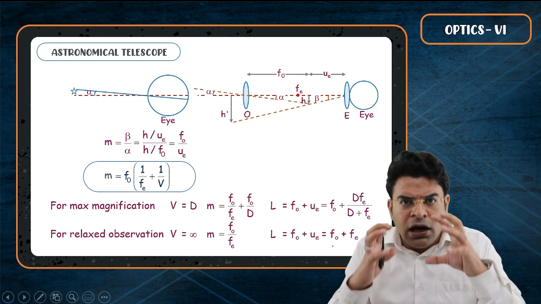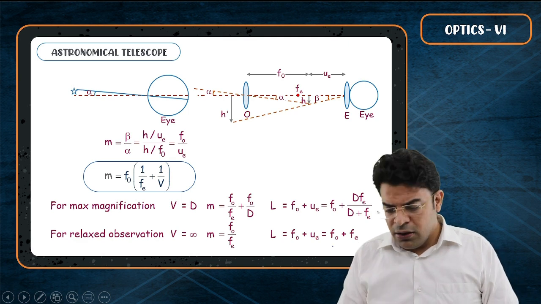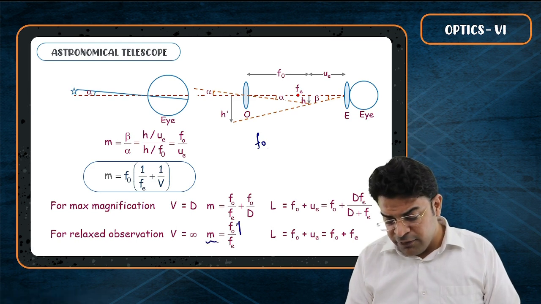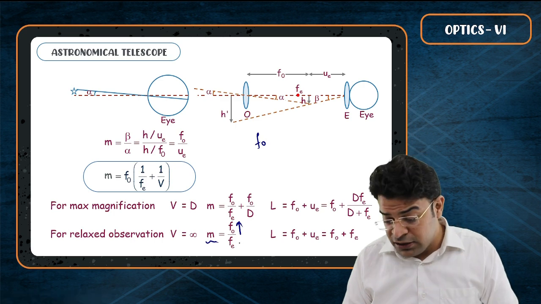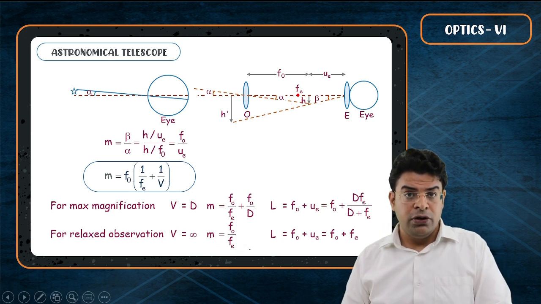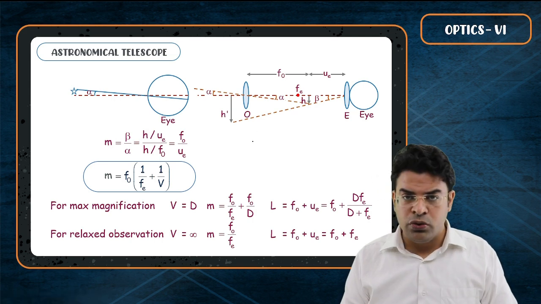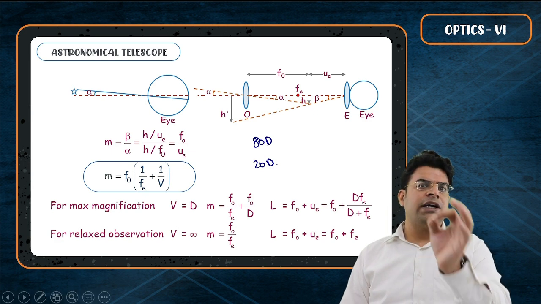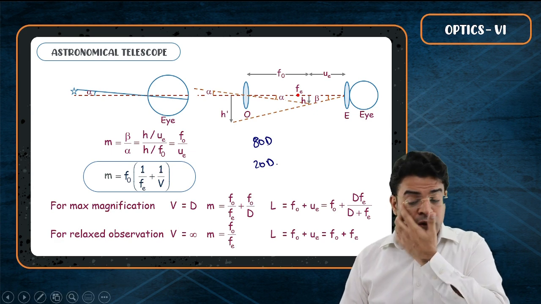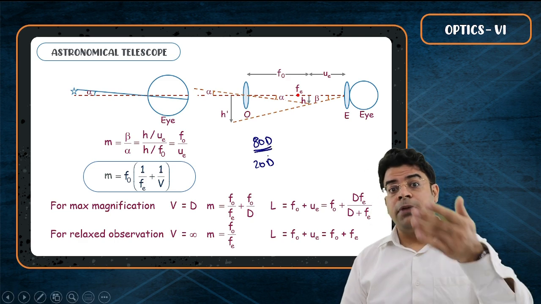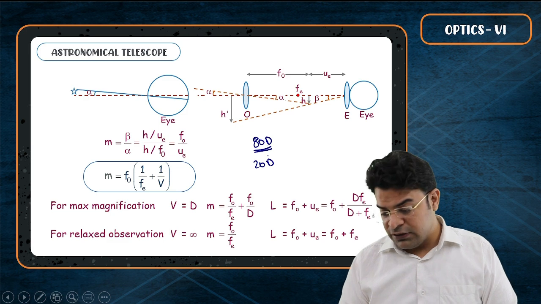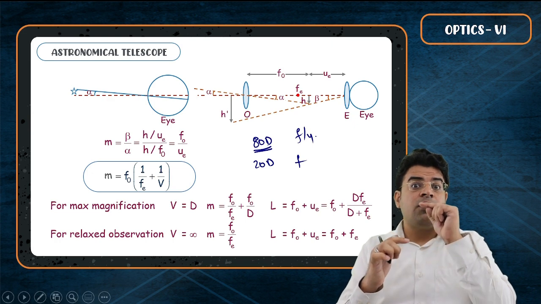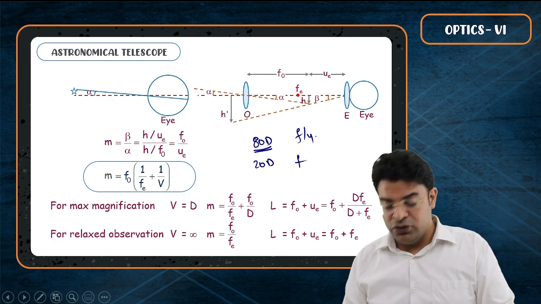Now this is also asked. If you want a telescope with higher magnification, which one should be high, which one should be small? So if you want large magnification, f naught should be large, focal length of objective should be large, and focal length of eyepiece should be small. So they will ask you a question like, if you have got two lenses of power 80 diopter and 20 diopter, which one will you use as objective, which one as eyepiece? Here the lens having 4 times the power will have 1/4 the focal length. So if the second lens has focal length f, the first one will have focal length f by 4. Since the first lens has 1/4 the focal length, that one should be used as the eyepiece.